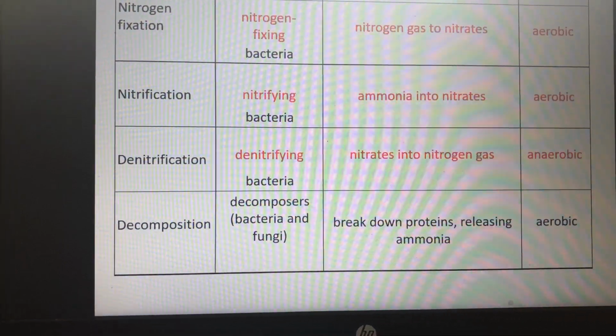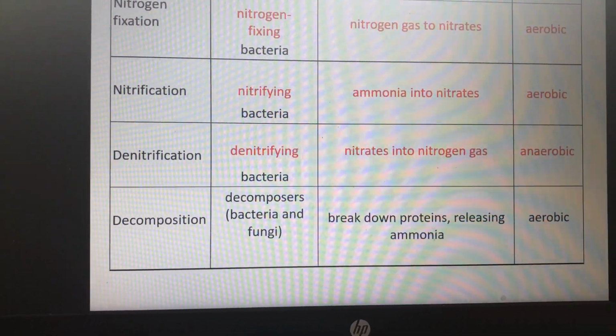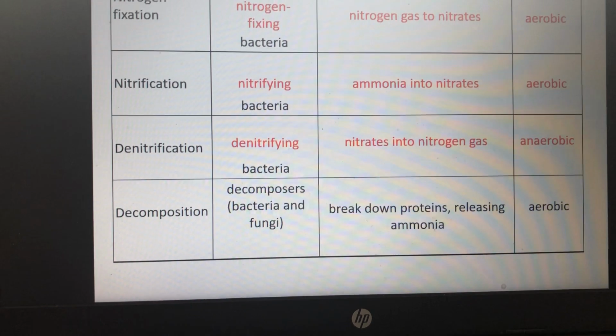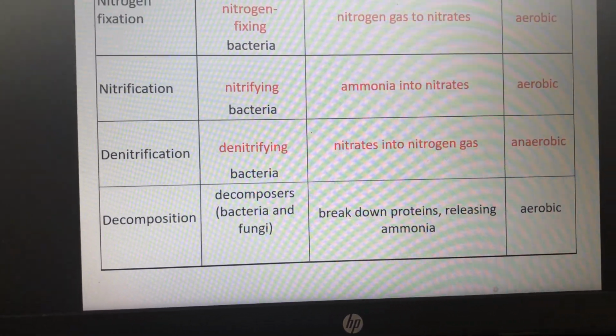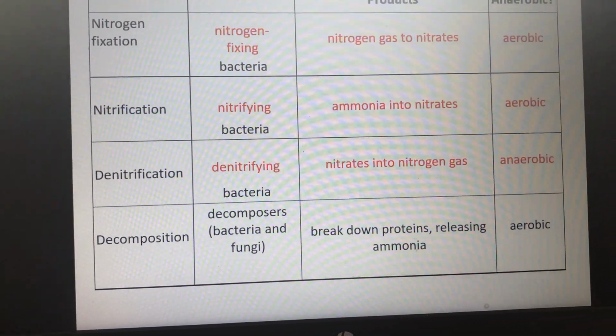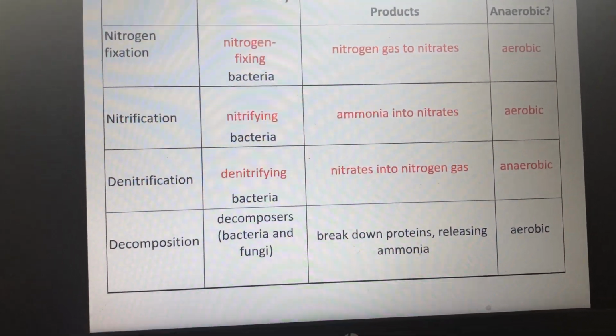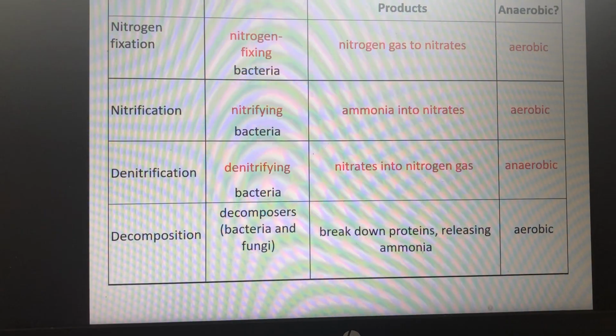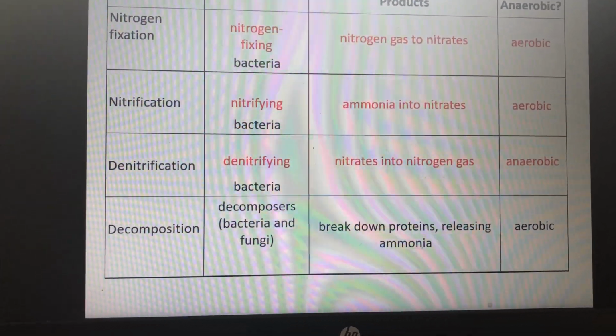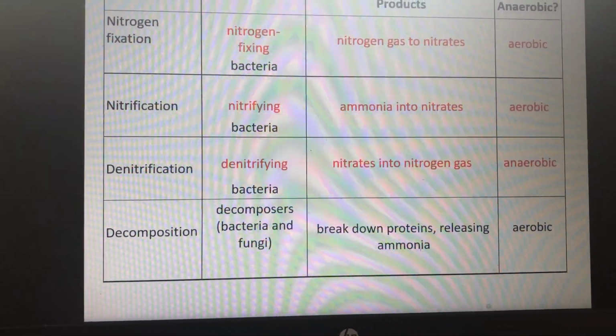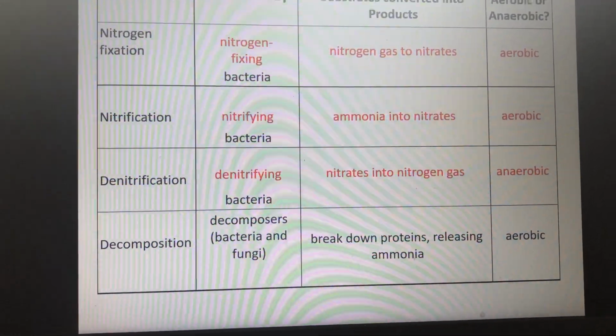At the bottom there we've got the decomposers, bacteria and fungi. So decomposition breaks down proteins. So that'll be proteins in dead plants and animals. So leaves or grass that's lying on the ground gets into the soil. These bacteria will break down the proteins into amino acids and then into ammonia. And then again, that's an aerobic